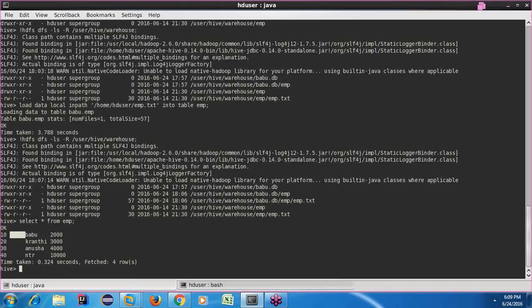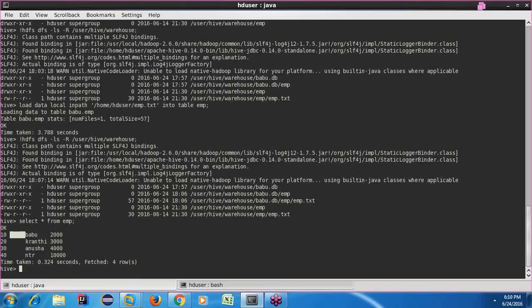But when it shows the data for statements like select star from emp, while displaying the data on the terminal, it is not going to use that comma delimiter. It is going to make use of tab space. This is how we create a Hive managed table, and we can load the data into the table.